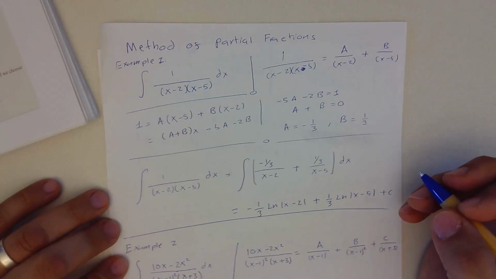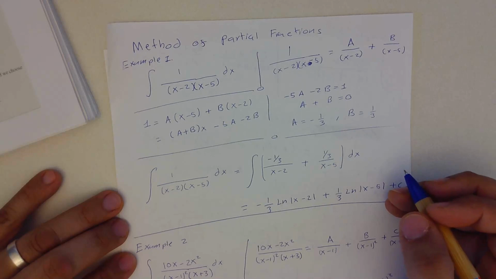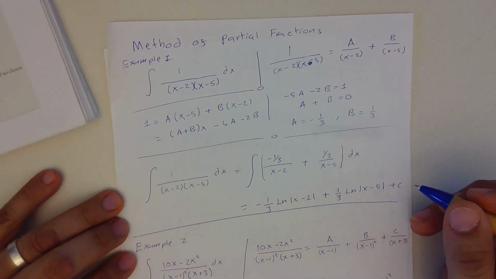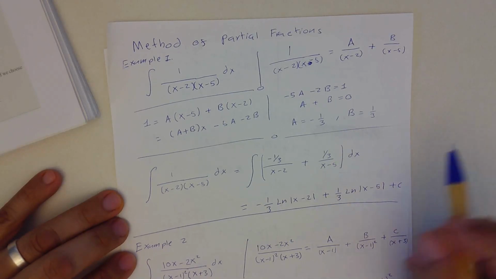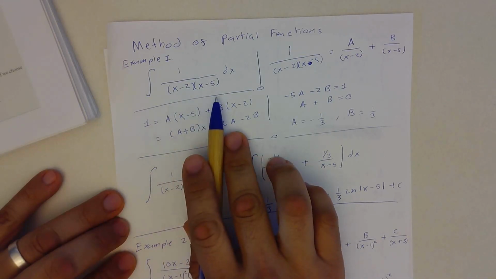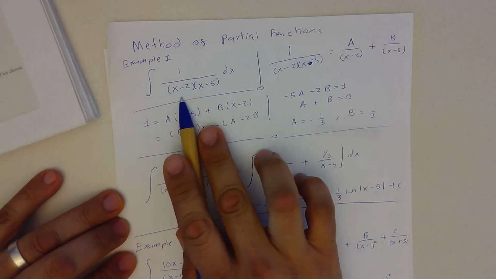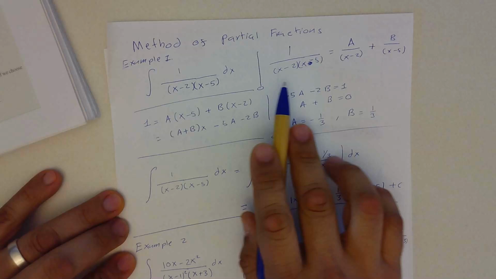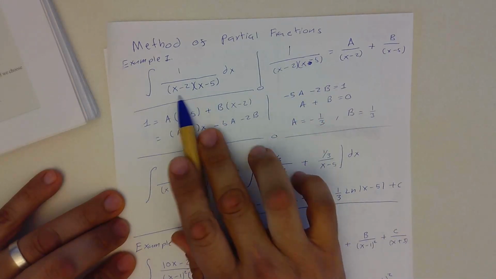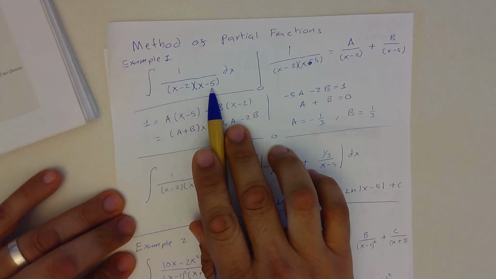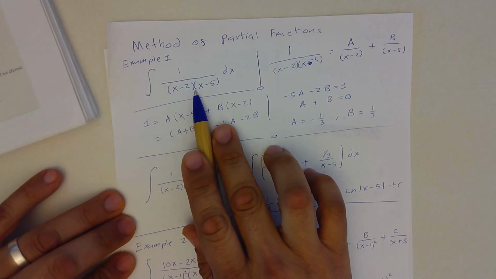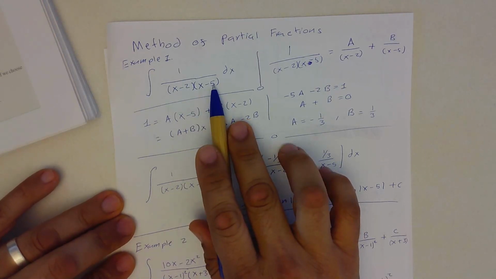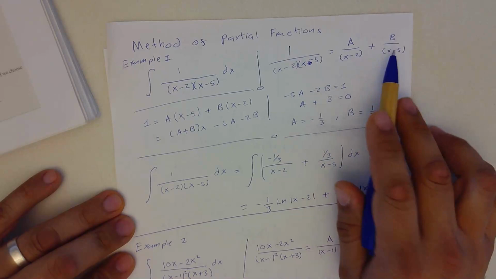Okay, today I'm going to show how to solve integration using the method of partial fractions. This is actually the most simple type of partial fraction that we can have. We have two different factors here that are multiplying, and we said, okay, we can separate it into different fractions